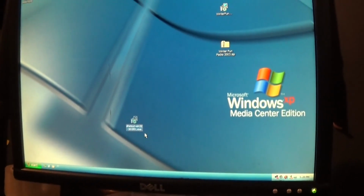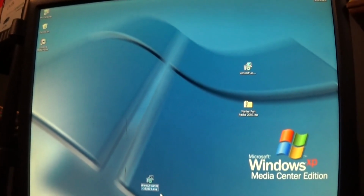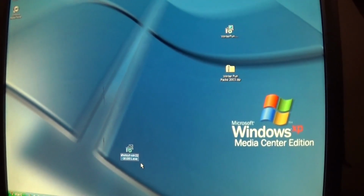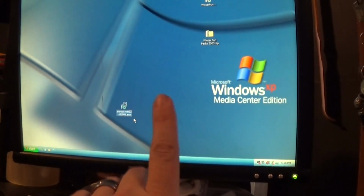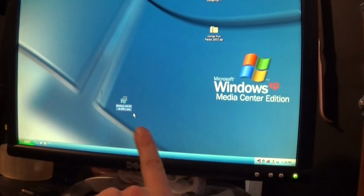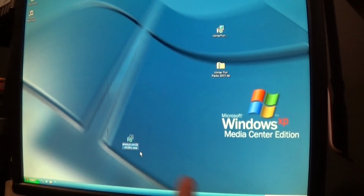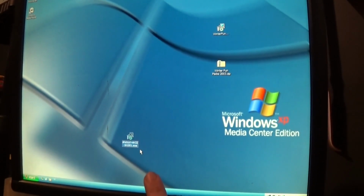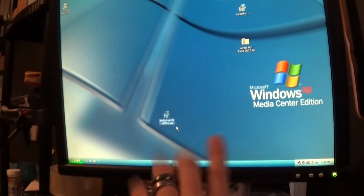I think there is a problem with the OS itself, because it's not allowing me to install a lot of stuff that I really want. Plans for this computer. I do want to try to get it to work. If I can get it to work with Shotcut, I'm gonna edit a video on it one day, just to see what the difference is between the Shotcut on the big computer here versus this one,